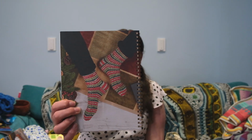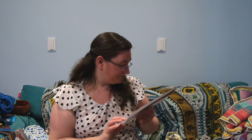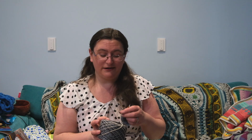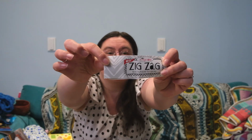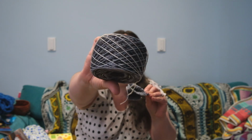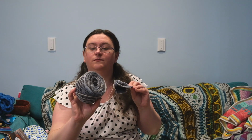These are the Dasher socks, which is a rib and textured pattern. I'm making these for Simon because I keep going on about how I am going to make him some socks, and I'm finally getting around to doing it. So this is, let's get the ball band out, King Cole Zigzag sock yarn, and so far I'm quite enjoying working with this. So here it is. It's all shades of grey and black, and there's a bit of white in there as well. Does this have a colourway, or is it just a colour number? It's called Humbug,